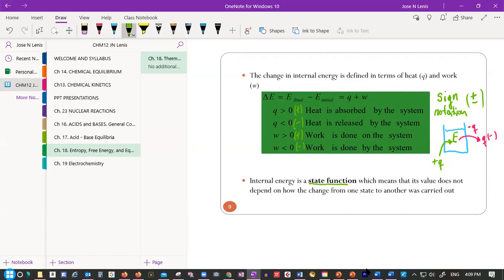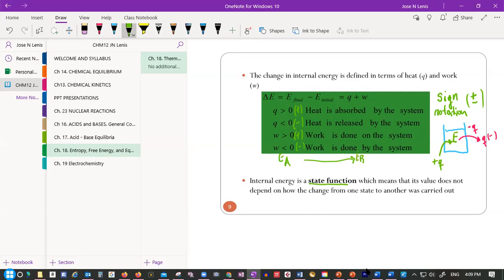That means that the value of that function doesn't depend on how you achieve the state. So, for example, to go from point A to point B, you will find the energy